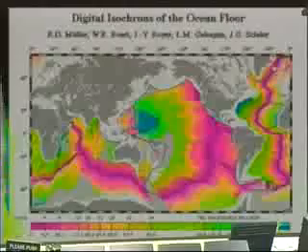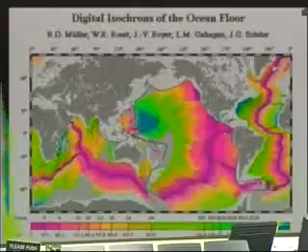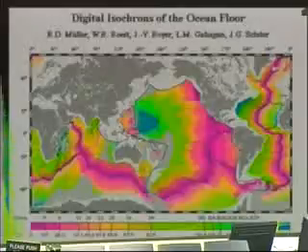Let me go back. Now we'll use this map. See these color patterns in here? Notice that they're offset. There's kind of a break, and they show a few black lines in here. Well, that offset means something was going on mechanically. There was faulting. There was fracturing going on in the seafloor. So we realized they were from rift systems and transform faults that were developing. So not only did we see topographic features, we see evidence of the same thing we see on the continents: crust ripping apart and moving sideways and moving up and down.